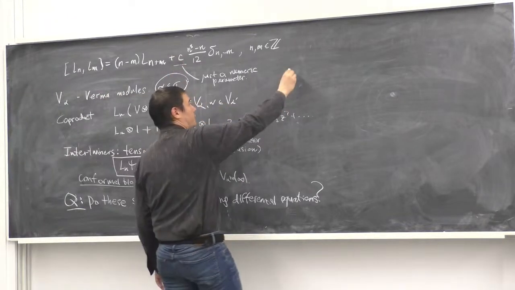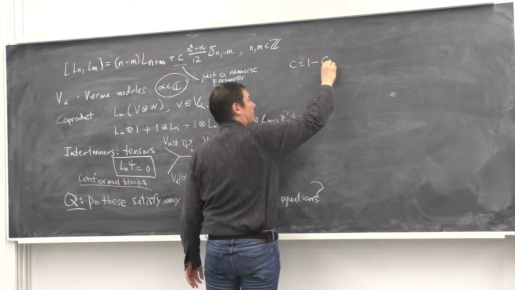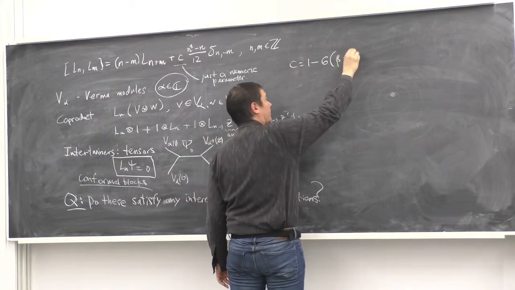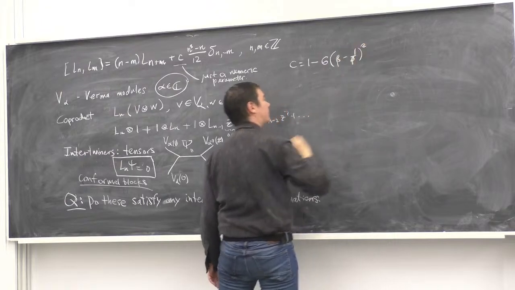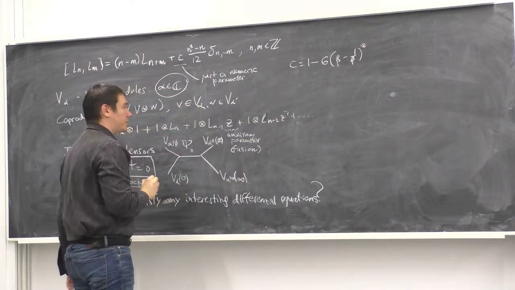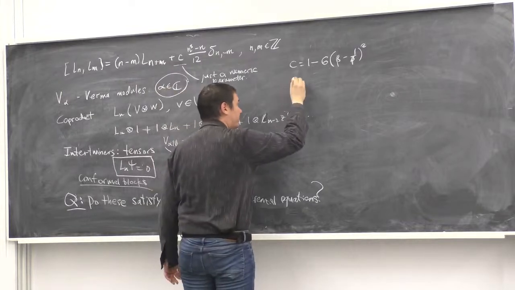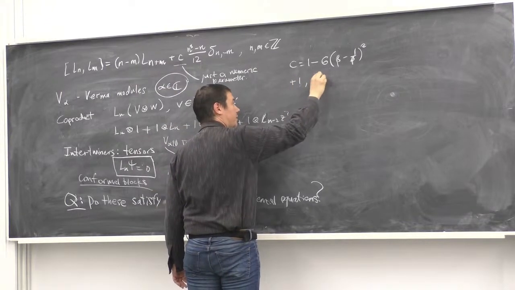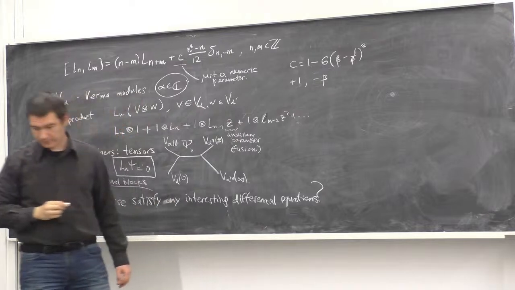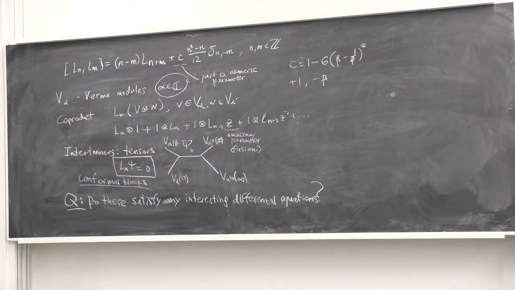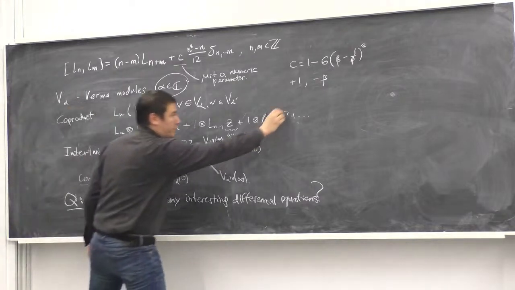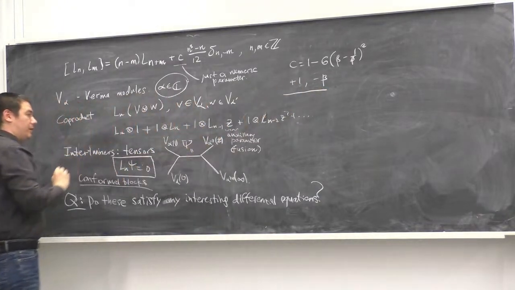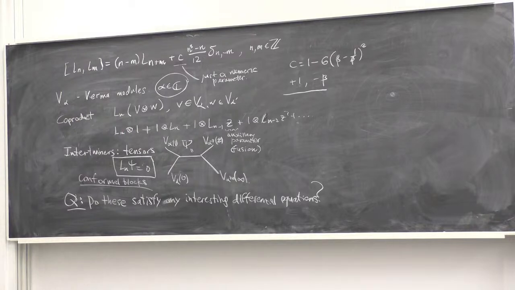So the central charge is 1 minus 6 times (beta minus 1 over beta) squared. And the degenerate values are in some parameterization plus 1 and minus beta. And if one of the parameters alpha is specified by the degenerate value,